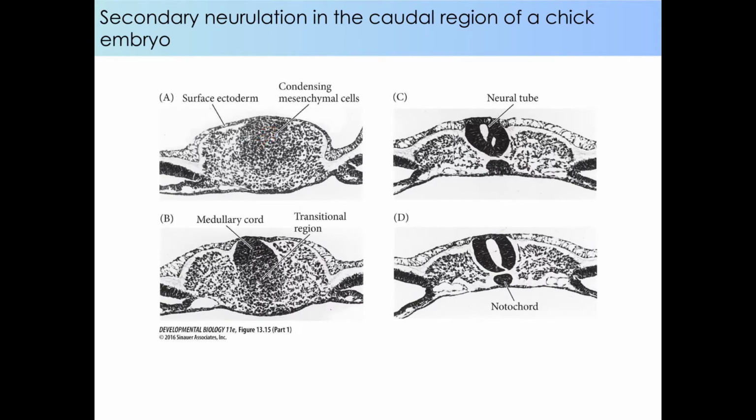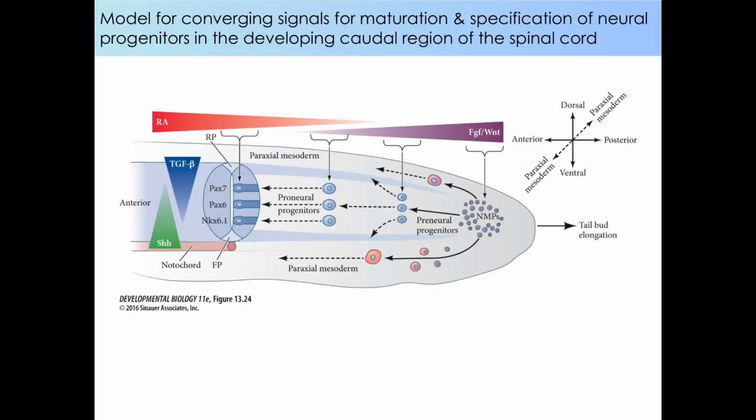Once the rod forms, cavities or lumens will form at the center of the rod through a process that's known as cavitation. And as I mentioned earlier, evidence suggests that this caudal portion of the neural tube is formed from a bipotential stem cell population. These are neuromesodermal progenitors that are capable of giving rise to both mesodermal and ectodermal, specifically neuroectodermal